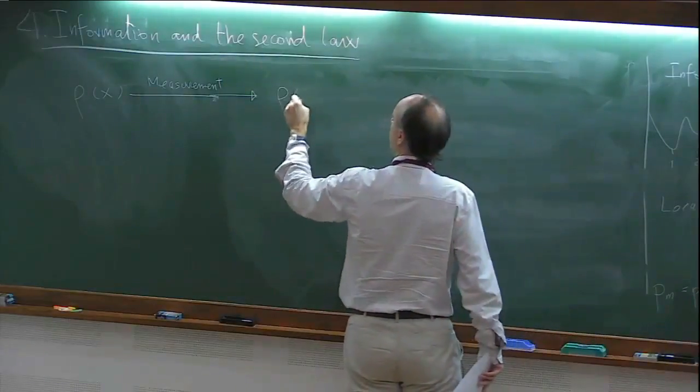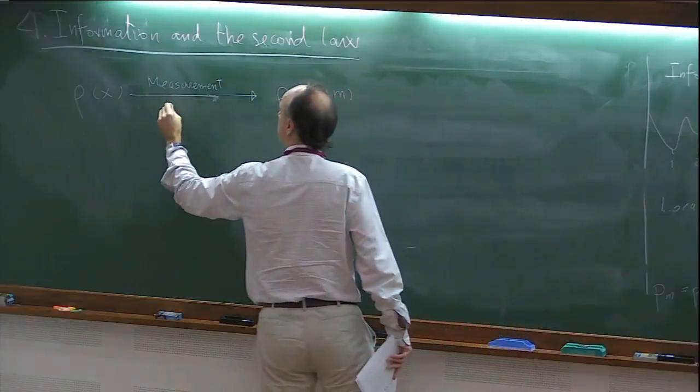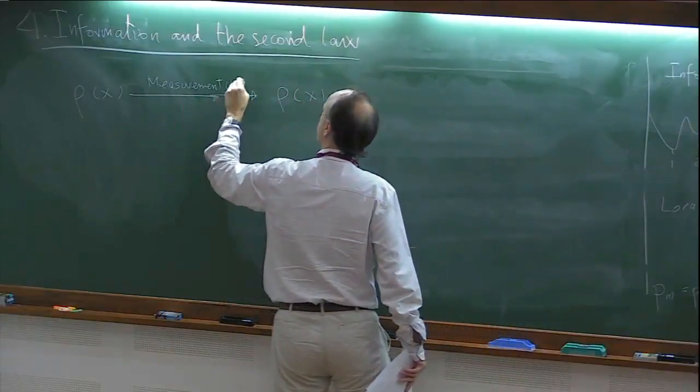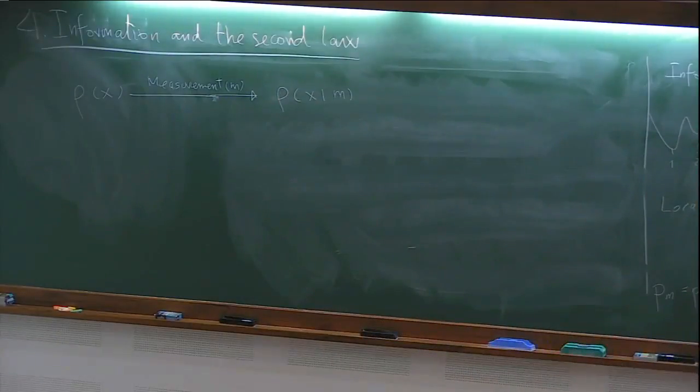So I have an outcome m, the outcome of the measurement, and I can update my probabilistic state of the system by just making the conditional probability, rho of x given m. I can use Bayes' theorem, and this tells me that